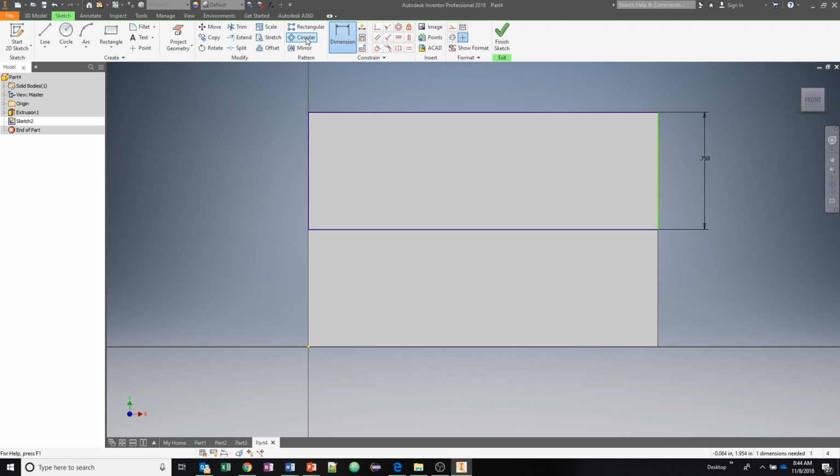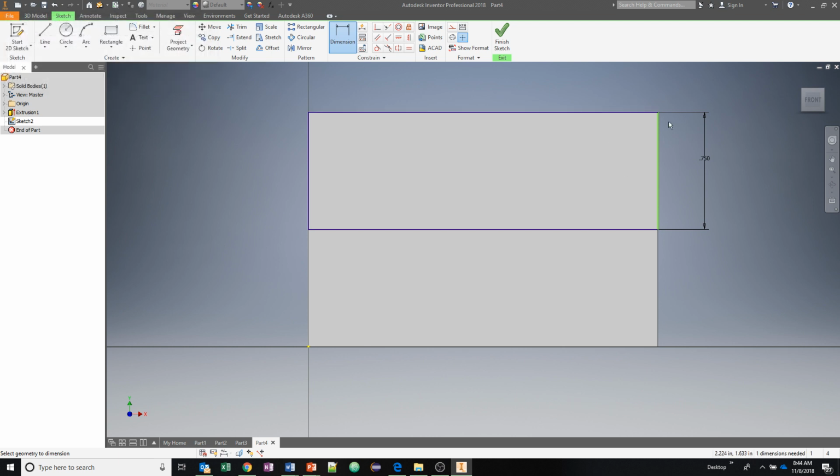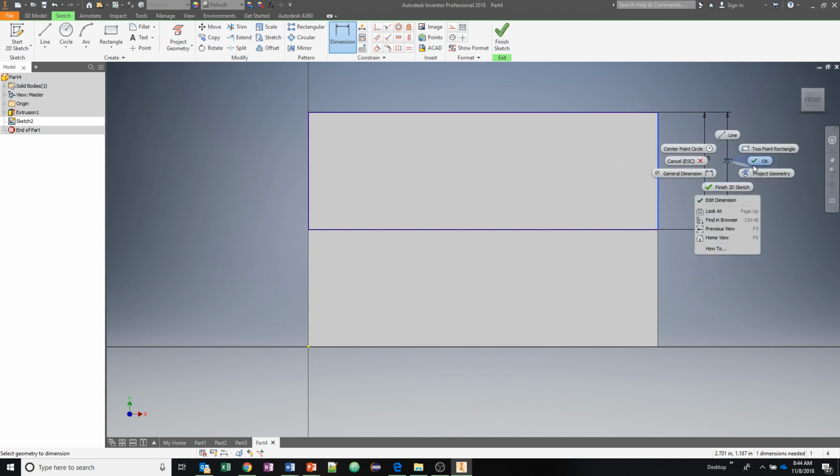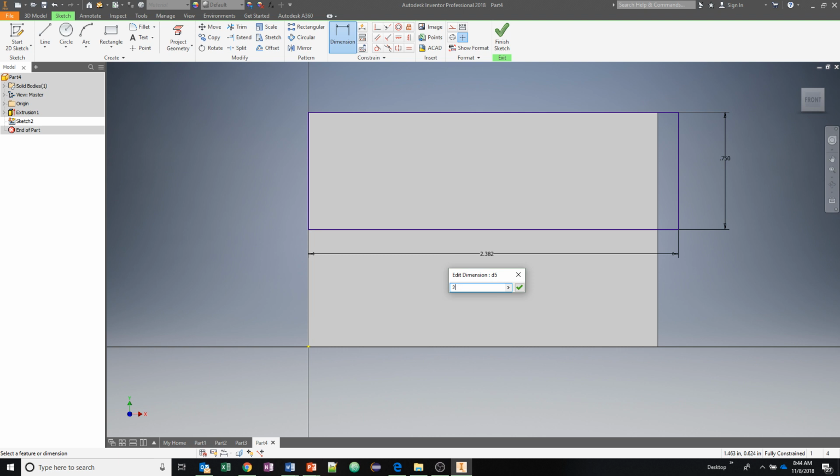And then I need to dimension that right there, and that cancel. No, why is this one not working here? So cancel that, get out of the tool. I'm going to try to see, okay, so that one there, let's see if I can dimension this one right there. I'll say it's 2.25. That's what I want. All right, now, so I have that,